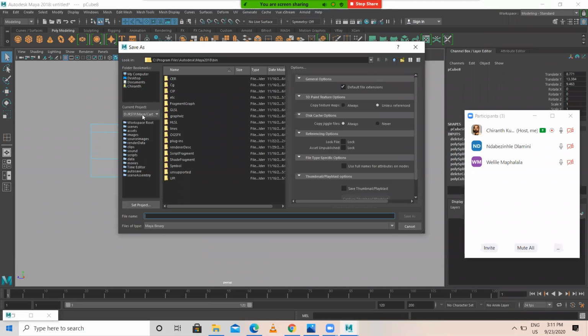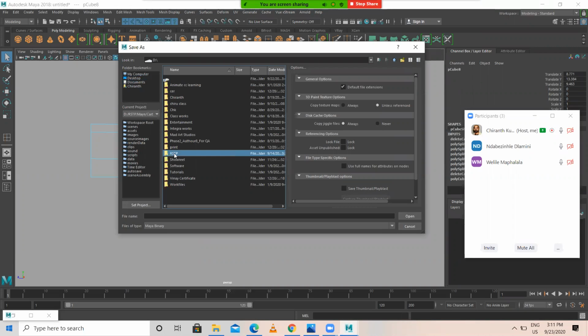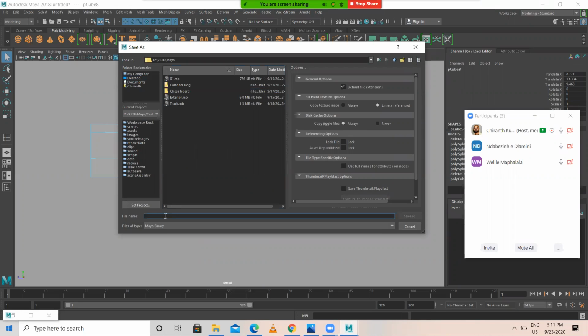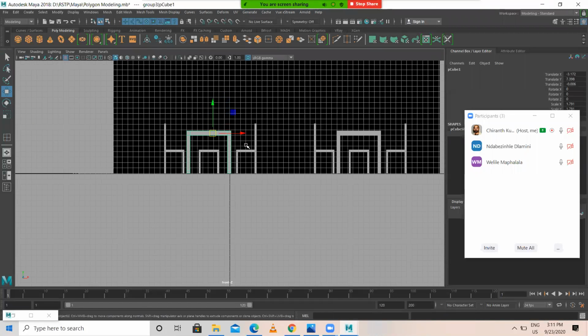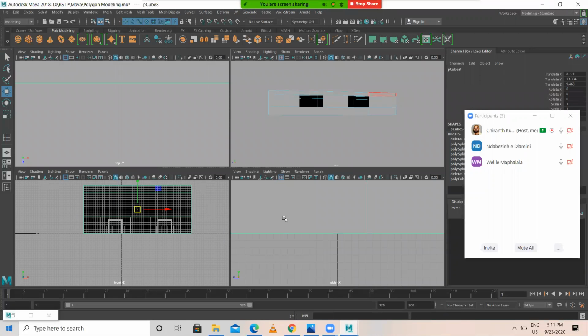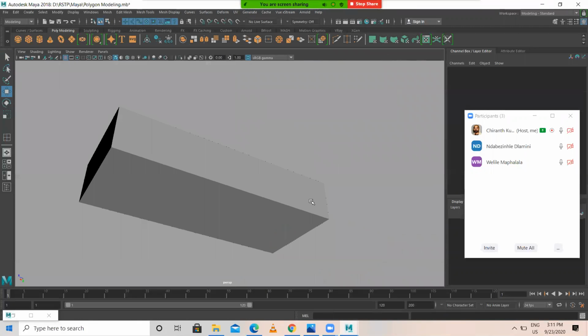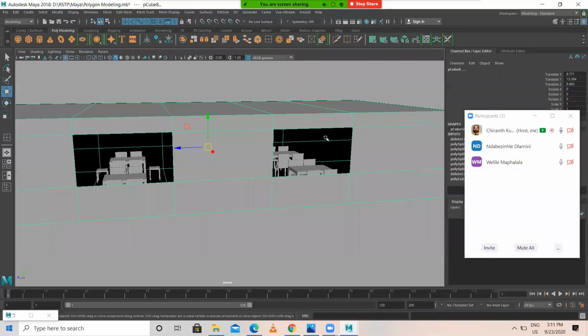Okay, I'm just saving this. I'm saving this as polygon modeling. See, I have deleted the faces.